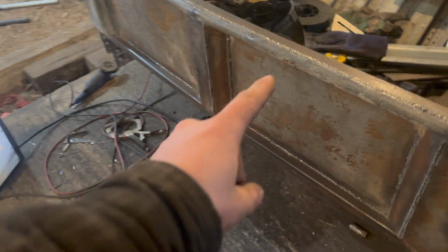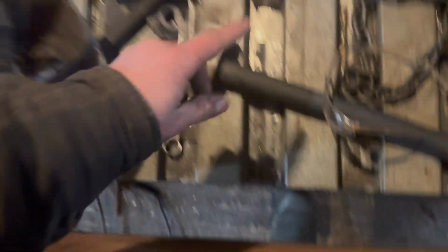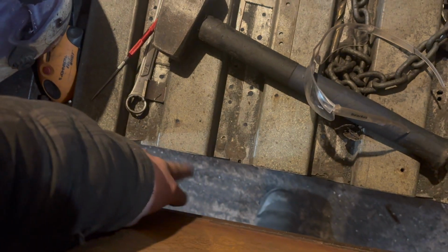I think what we're going to start out with now is I kind of want to put this spacer piece in here on the bed, get that situated, and then I can see how up and down I've got to work with it, if I have to extend the tailgate or not, because that's going to depend on our bar. So let's change gears just a little bit, and let's start welding in right here, that spacer piece